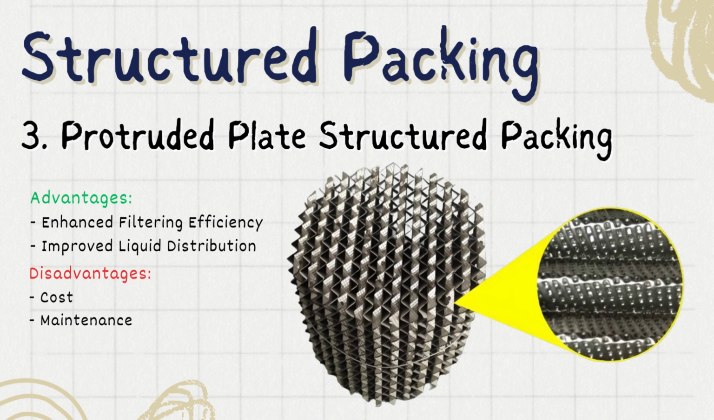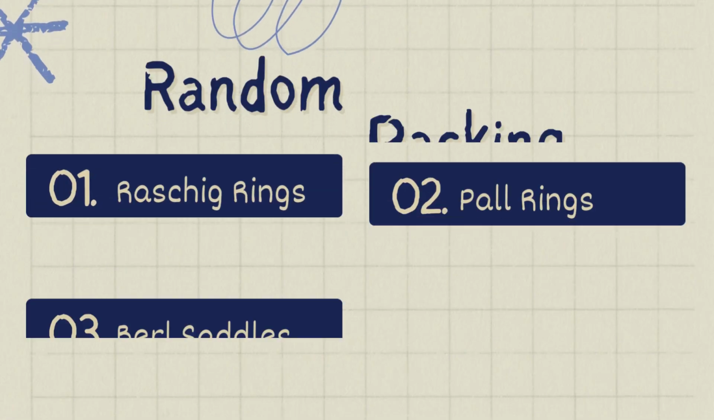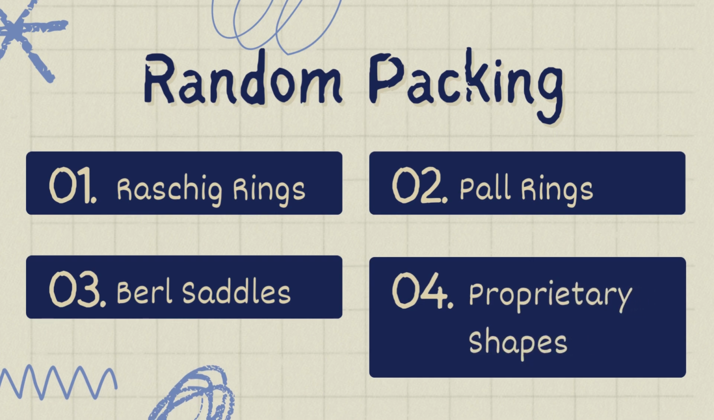Now guys, moving on to the second half of this video, which is talking about the random packings. Guys, random packing consists of packing material that is added to the column without any specific arrangement. They are randomly placed into the distillation column. And this type of packing is flexible and easier to install, though it may not offer the same efficiency as structured packing, but provides some key differences where we can choose the random packing in contrast to the structured